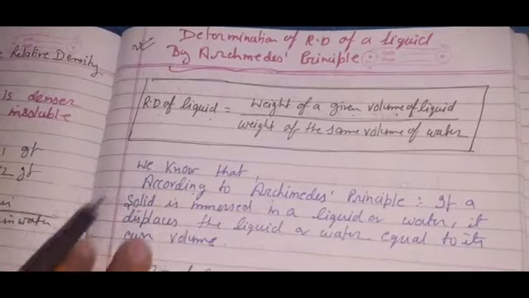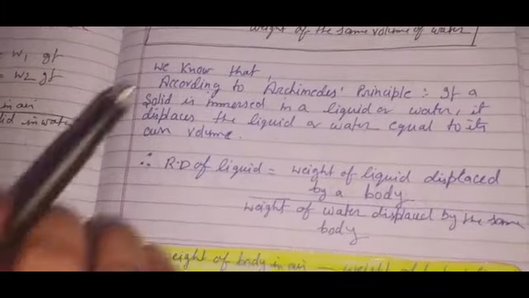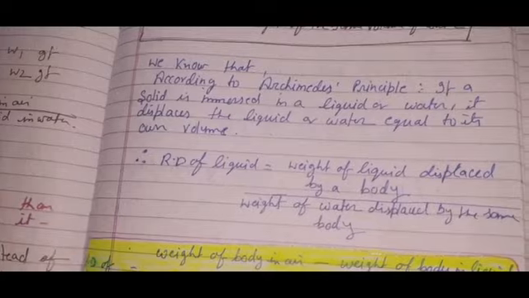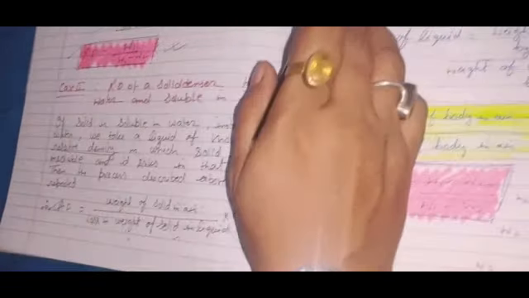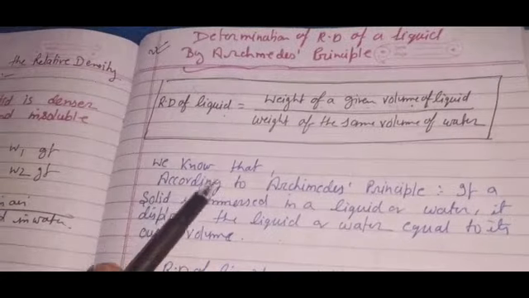Fine children. So these are the three formulas you have to memorize, and on the basis of that we will solve the sums. This was our first formula, this is our second formula, and now this is for liquid. Okay, now we will derive a little bit more here.